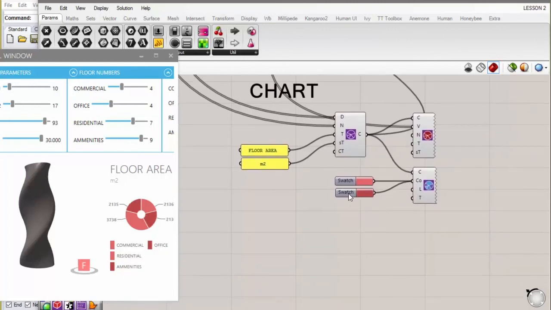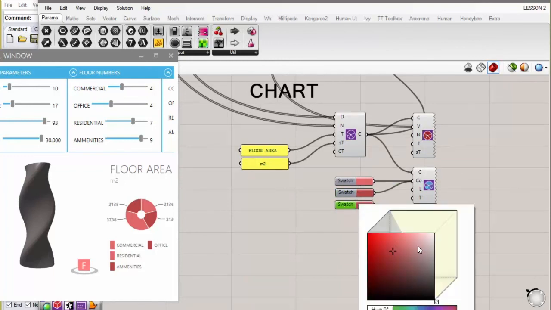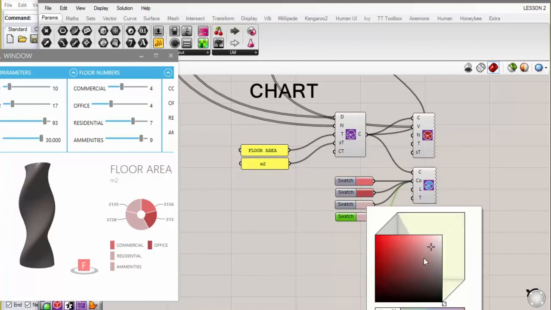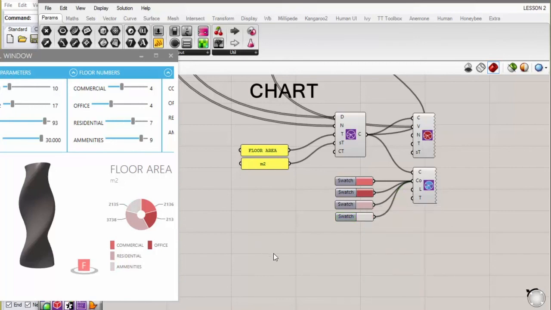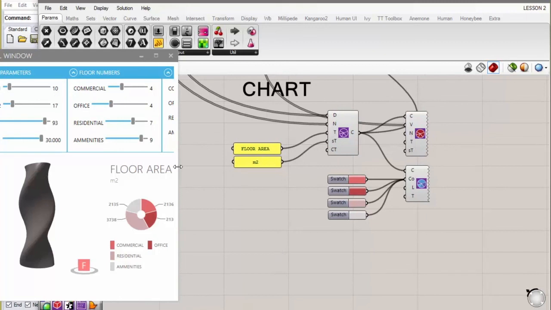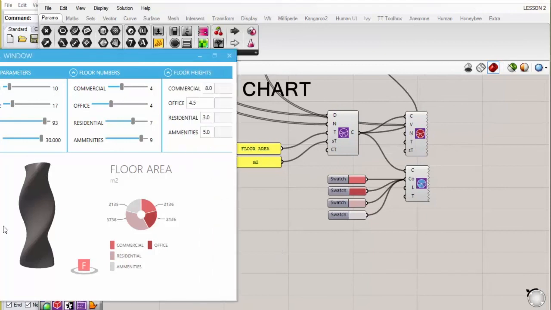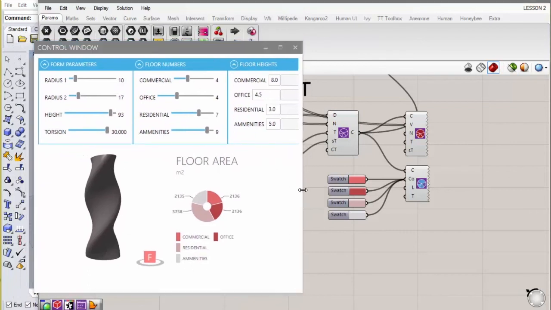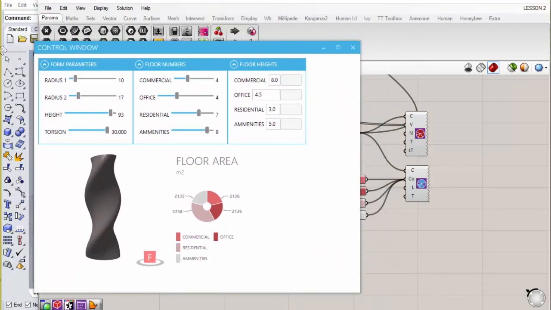Now I've got two colors, and it'll just use as many colors as you want to feed into it. And that kind of works. So you can go ahead and modify the color scheme the way that you want it and create a really snazzy looking kind of output.